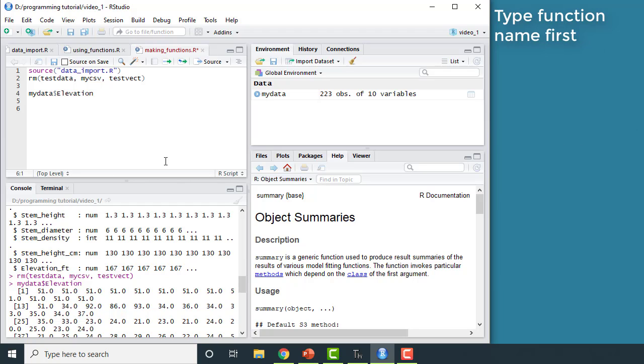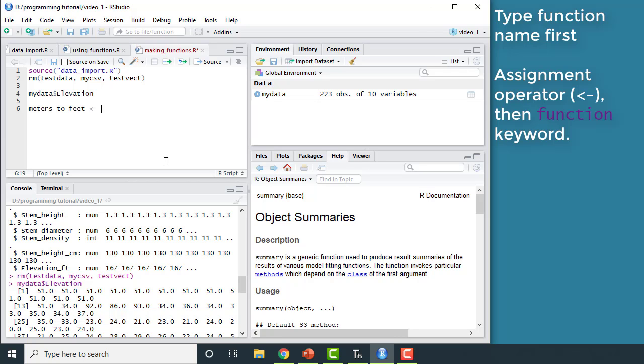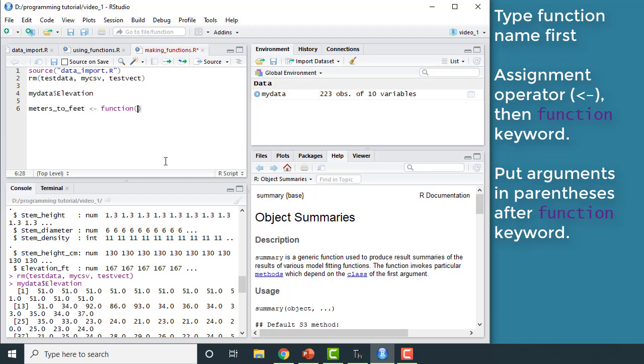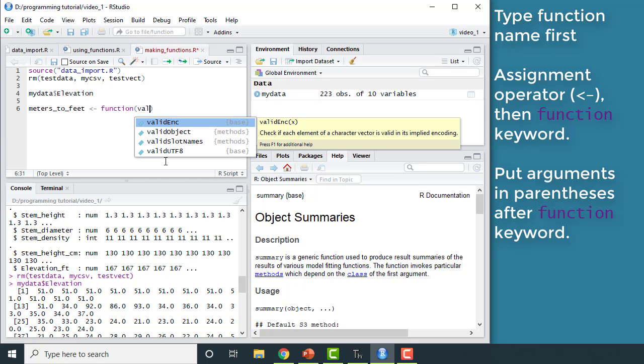All right, so we're going to name the function the same thing. We'll call it meters to feet, but we'll set up the syntax just a little bit differently. So in R, we're going to put the function name first, and then we're going to use the assignment operator, just like we were making a variable, right? And then we have the function keyword after that. And we actually put the parentheses after the function keyword, and then we put our arguments in there,